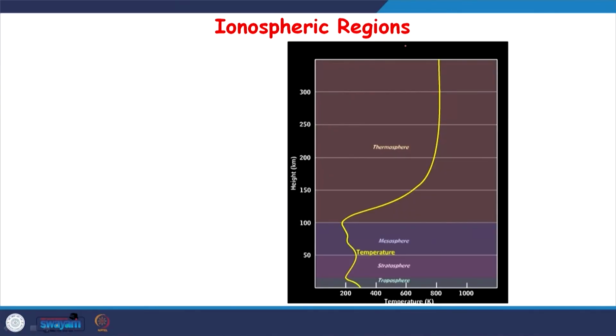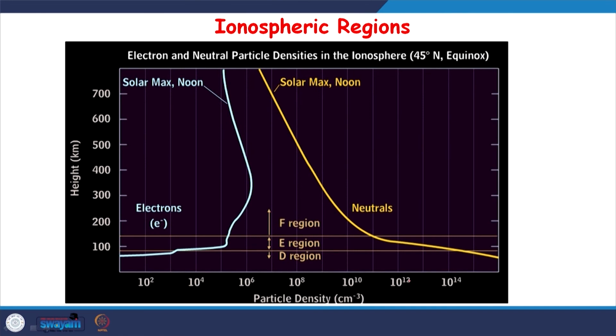If you look at the basic temperature structure of the atmosphere, we have seen this earlier, you see the various layers of the atmosphere. So, this figure has to be brought closer to understand how the ionospheric regions will be identified or tagged with respect to the neutral species. This figure shows the electron density, which is the ionosphere, and on the right side, the yellow curve that you see is the neutral density that is varying with respect to height.